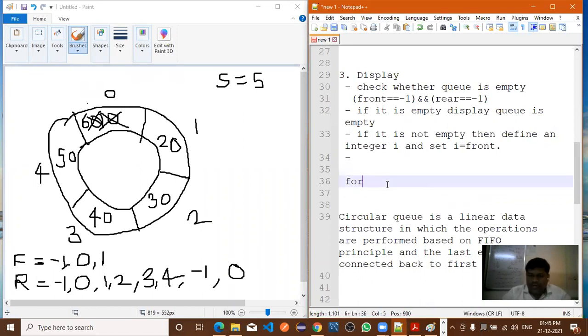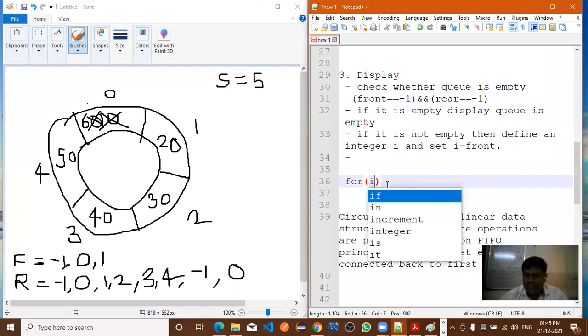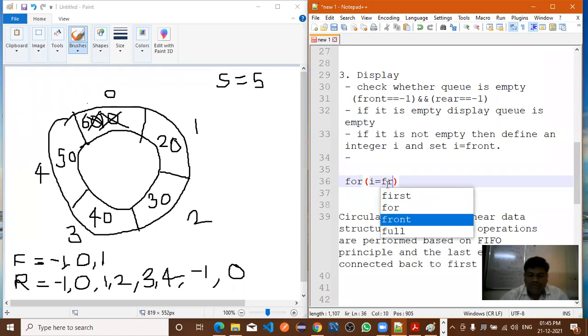Right. Now, in the for loop, here below I will write the for loop. So what we have considered: I is equal to front, I have written, right? Correct.